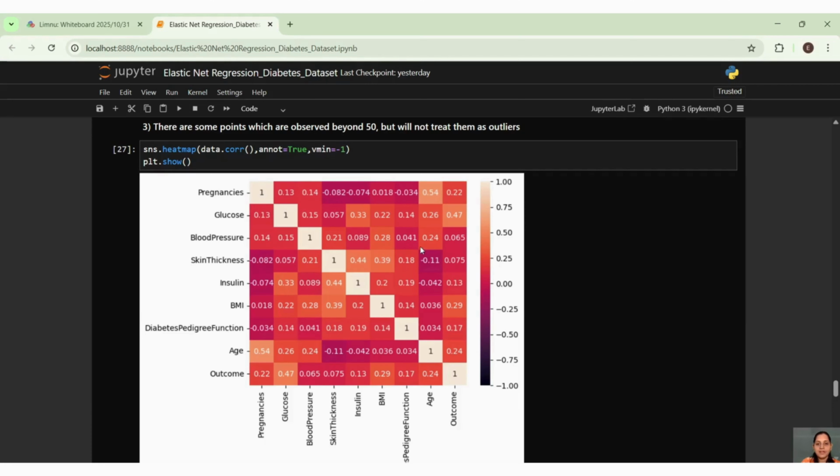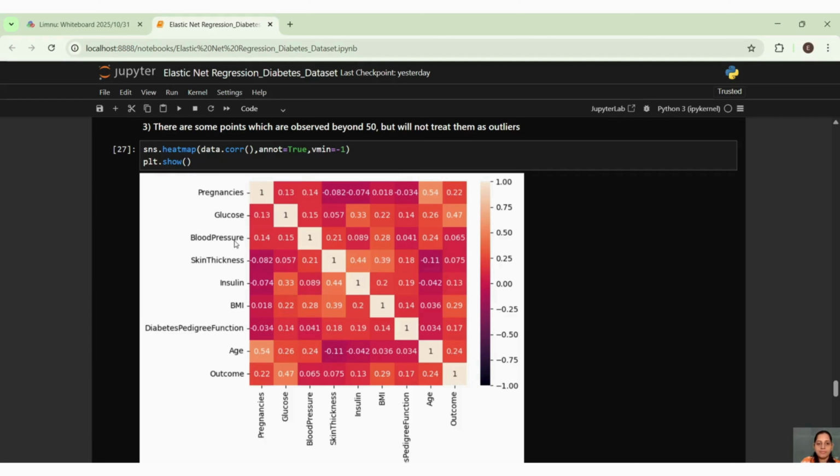You can see pregnancies with age has good correlation. Then what else we have? Outcome with glucose, because that's highly dependent, correct? If a person has high glucose, that person has diabetes. It is a clear shot, correct?